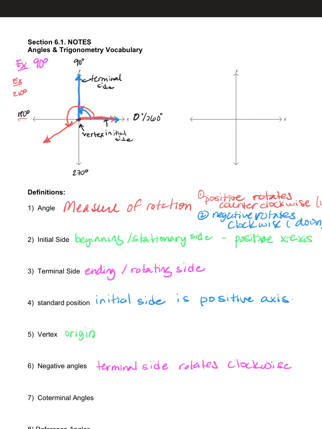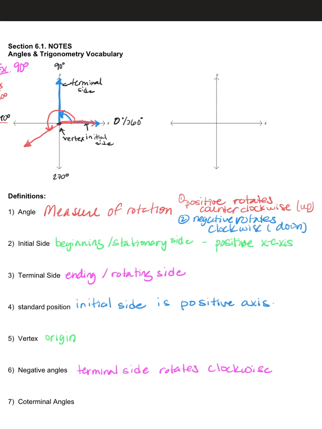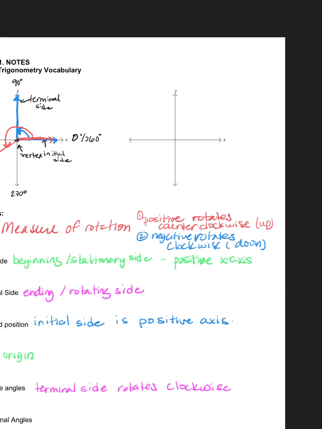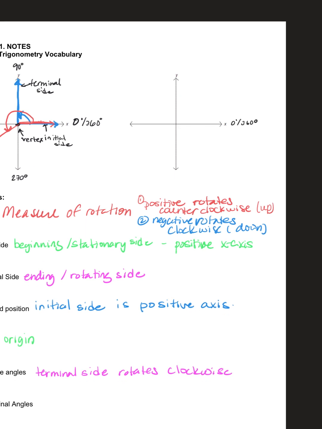All right. So the next one I want to do is a negative angle. I'm going to label the graph first, like we always should. When we label this graph, it's going to go 0 degrees still and 360. But since we're going clockwise, down here is negative 90 degrees, negative 180 degrees,